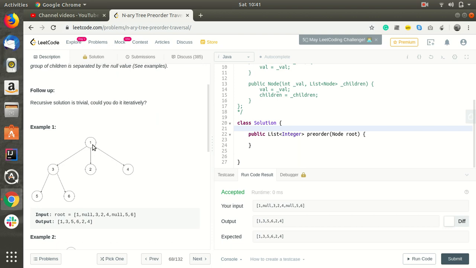So if you just see this tree, then you will go left: 3, 5, 6, then 2, 4. Okay, so how to do it? What we can do is store a list which we will be returning after the preorder traversal, as you can see in the output.